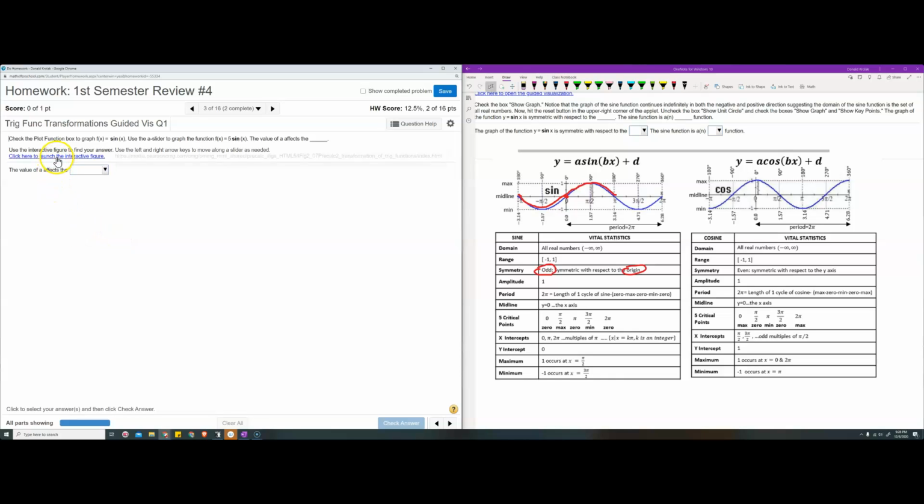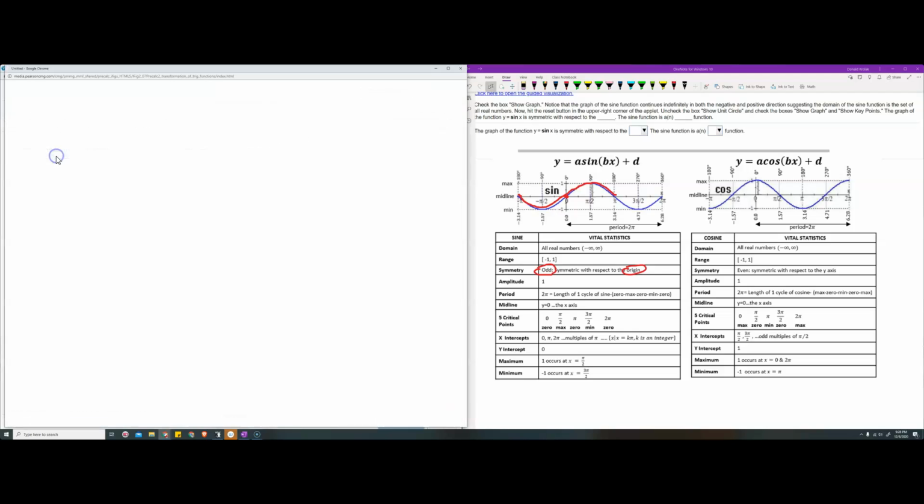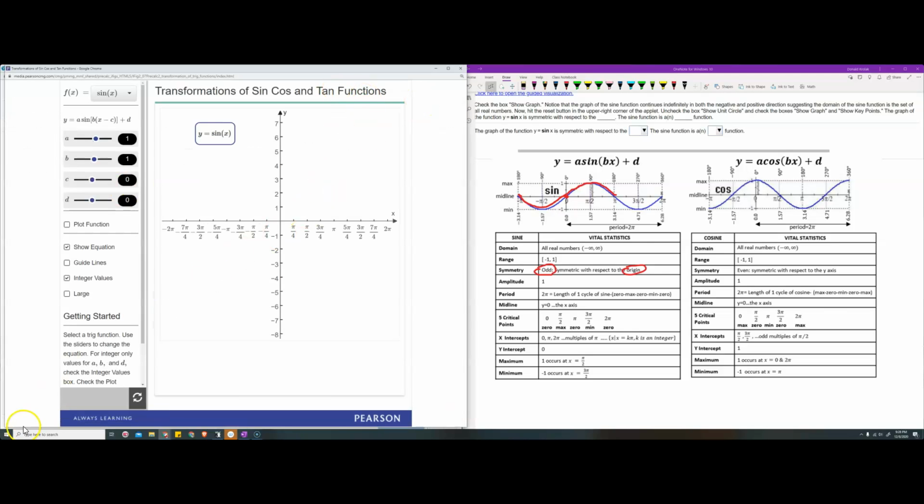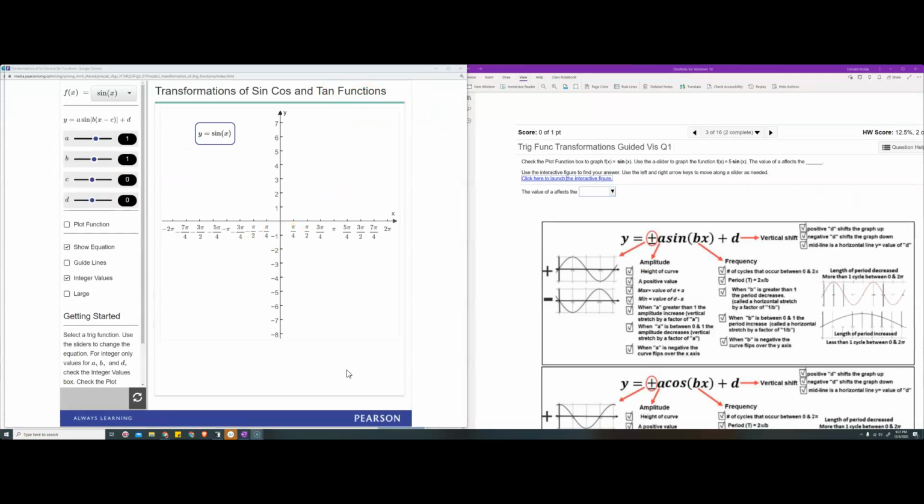Okay, now we're going to, again, launch the figure. All right, number 3, check the plot function box to graph f of x equals sine x. So up here in the upper left, I'm going to choose sine x. Use the A slider to graph f of x equals 5 sine x. Okay, so when I move this from 1 to 5,